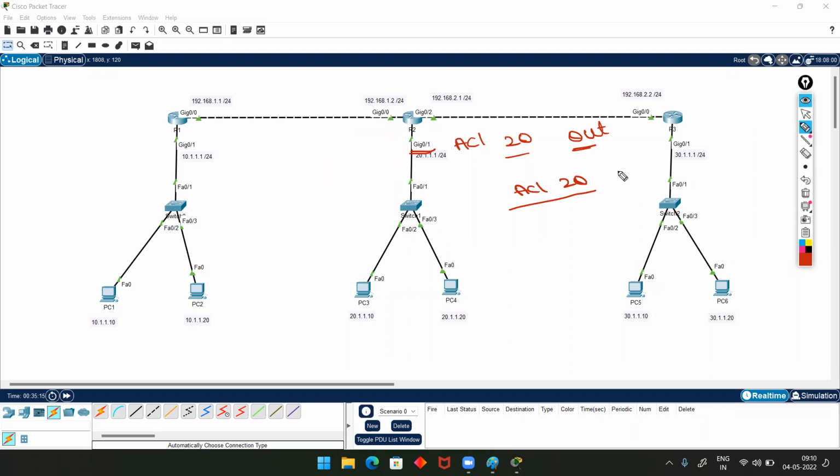A standard ACL always checks the source IP only. So this ACL 20 tells the router: deny 10.1.1.0/24. Once you configure it like this, whenever this computer tries to communicate with 20.1.1.10,